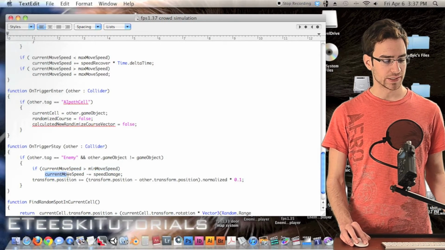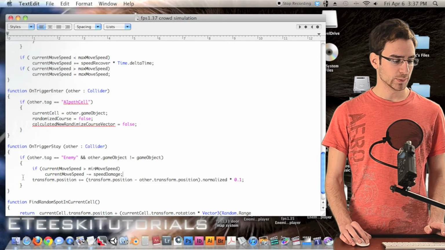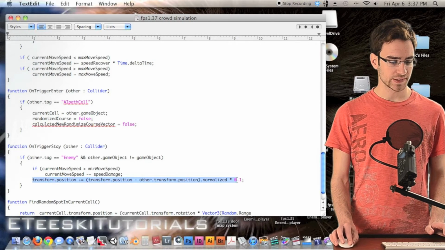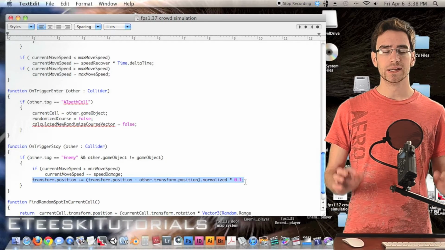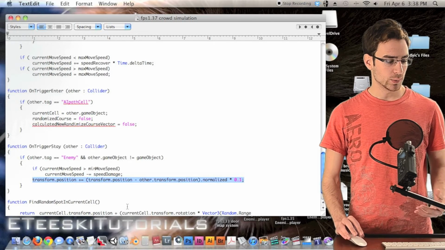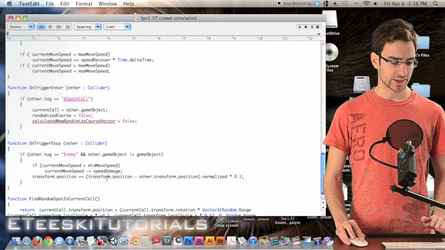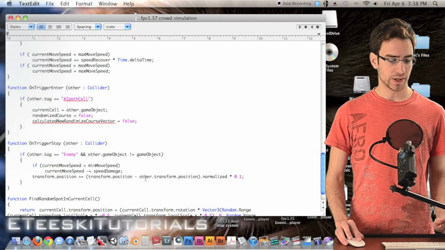And then we have simply down here, current move speed minus equal speed damage. Alright, next we have a line of code right here, and what this line of code is going to do is move the enemies away from each other. So the way we do that is transform.position plus equal, and then in parentheses, transform.position minus equal